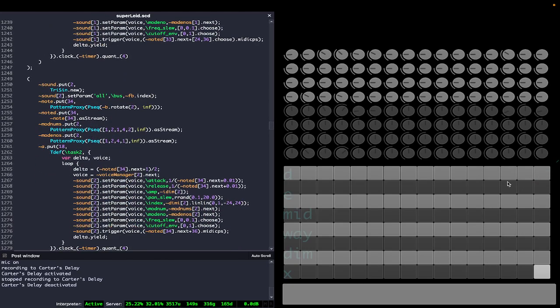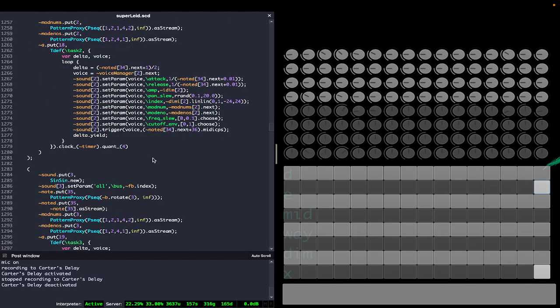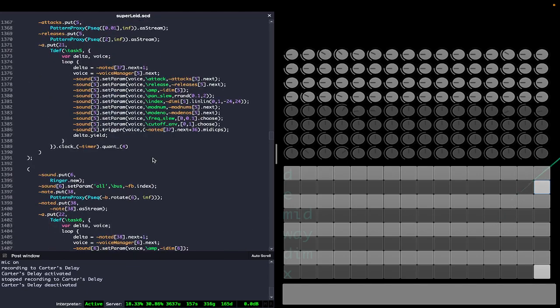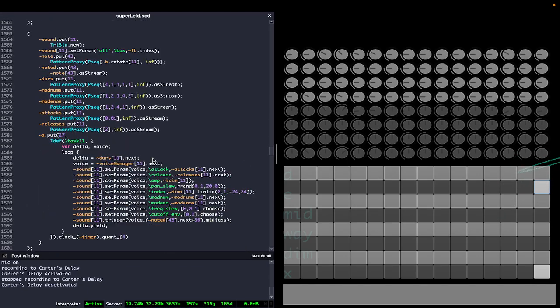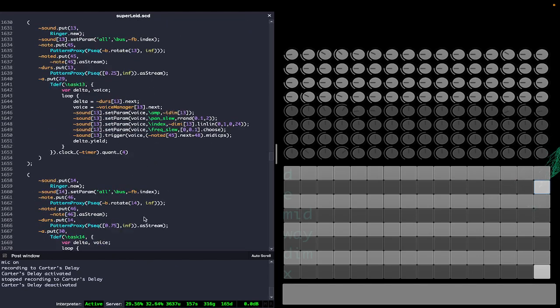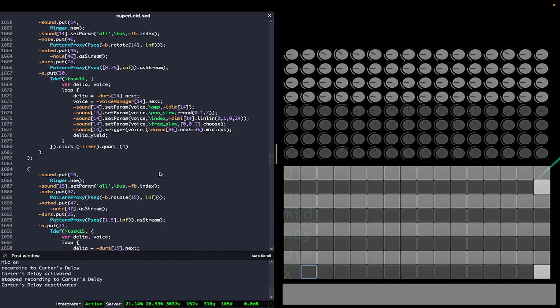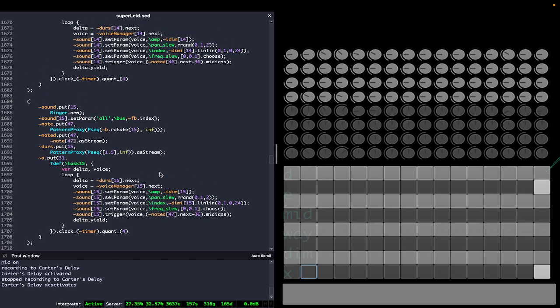So let's say we're using our pinged resonant filter sound here, and we want it to do something a little more interesting. Right now it's triggering every 1.5 beats, which creates that sense of rhythmic surprise when we bring in the kick snare. But let's say we want to change that. So we go down to 15. This is the 16th button if we're counting from 1, but the 15th if we're counting from 0, which we are. So we go down to sound 15, and